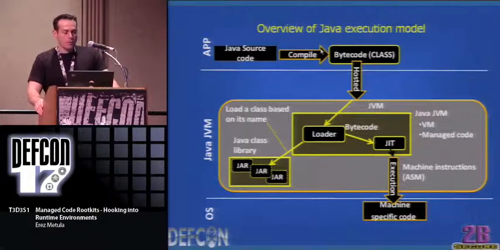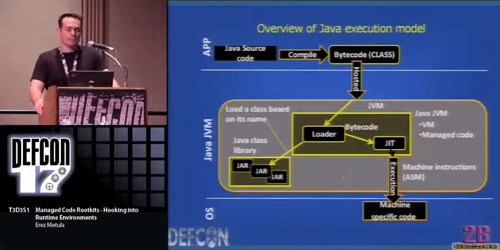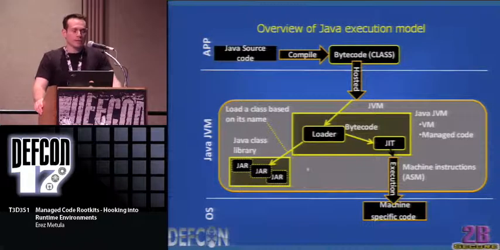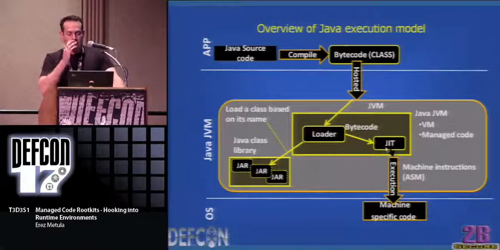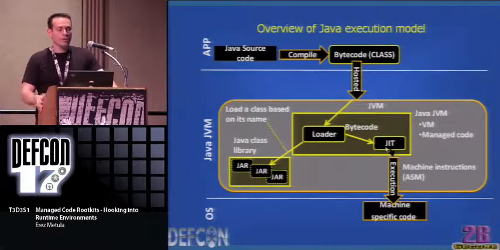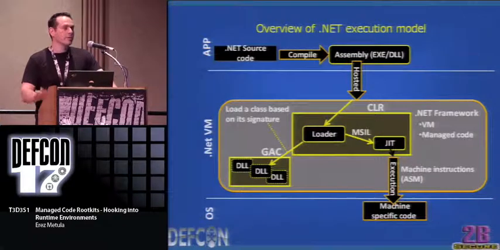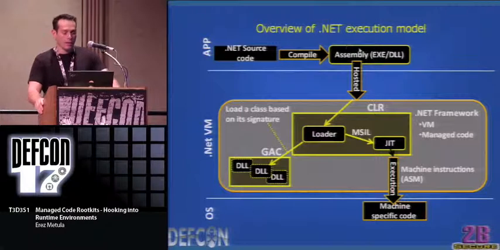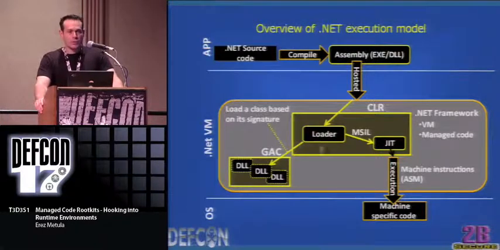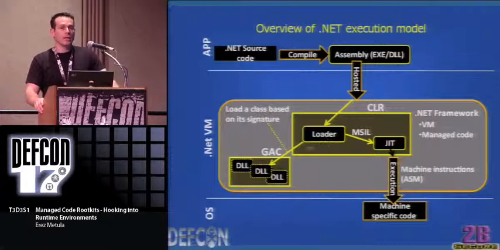So, what are managed code rootkits, or MCRs? Managed code rootkits are user mode, application level rootkits hidden inside the managed code environment libraries. I know that most of you think, well, user mode is not like kernel mode. Kernel mode is awesome, and in kernel mode we can do many things. But there are a couple of great things that you can do in user mode. Although you are sacrificing a little bit of hiding, you can do very sophisticated attacks,